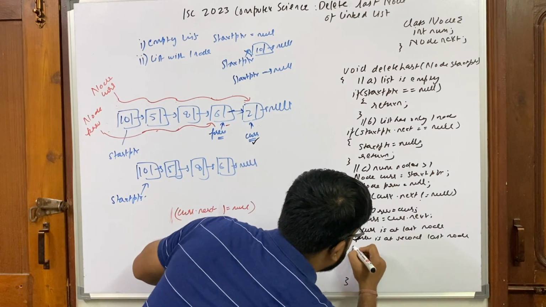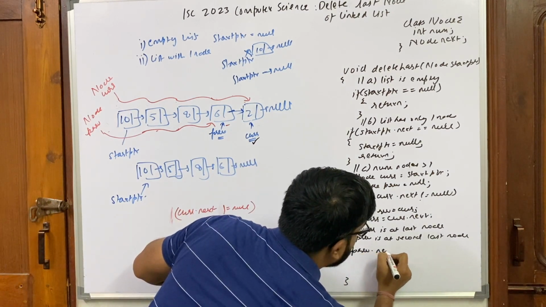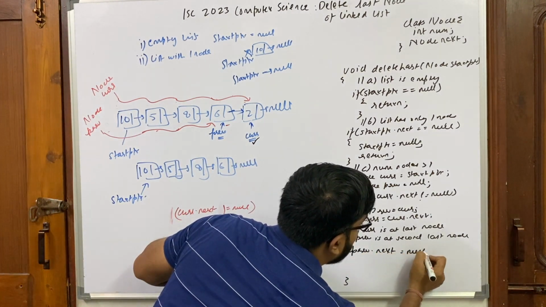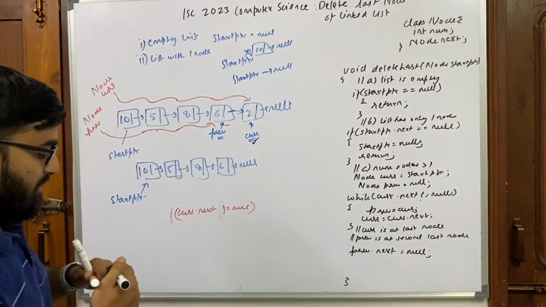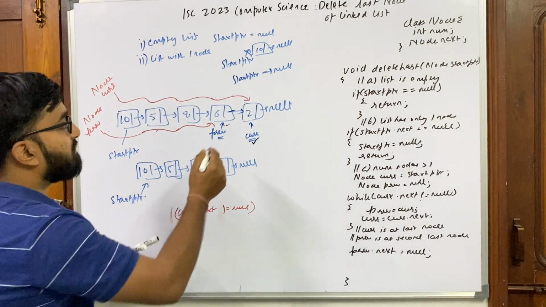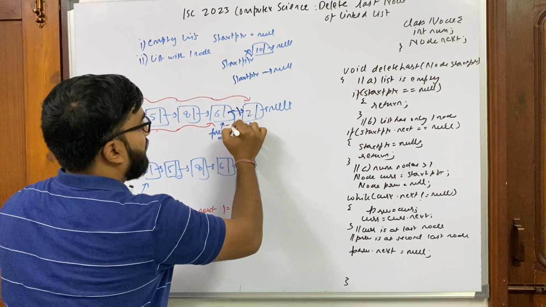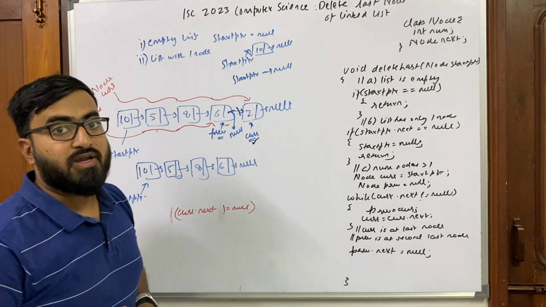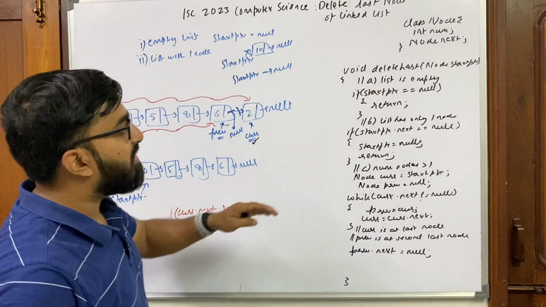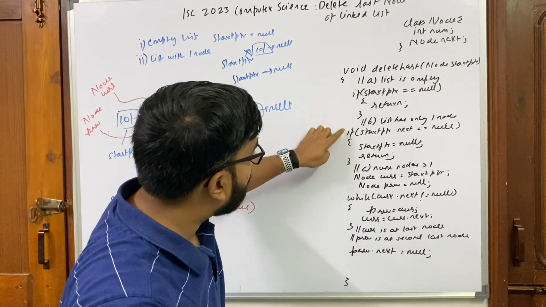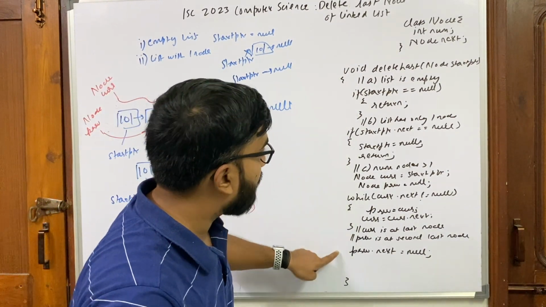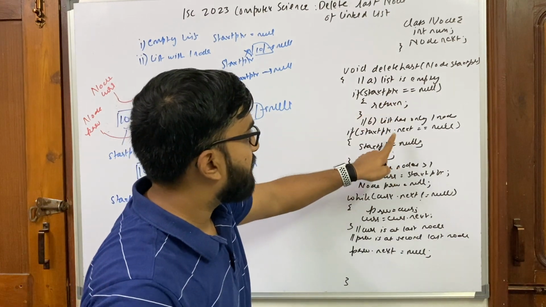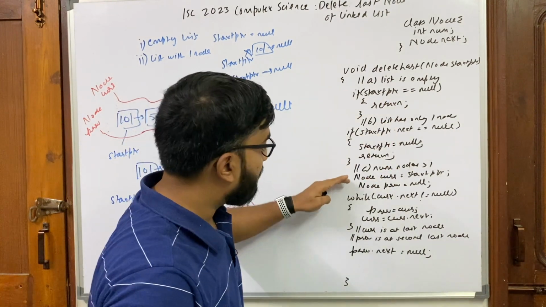That is how you delete the last node. So this link is lost and this is set to null, and so we get this. If you get a question where you have to delete the last node, this is the code you need to write, taking care of the empty list, taking care of the list with only one node,